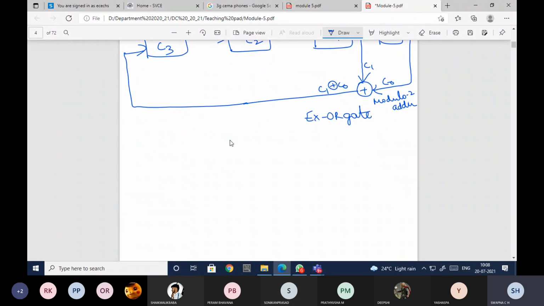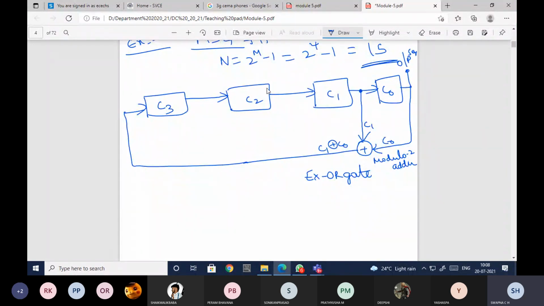Now let me assume that initially I have to set all the flip-flops to either 0, 0, 0 or 0, 0, 1 like that. Let me consider I am initializing the outputs of the flip-flops. If you recall your digital circuits, you'll have 2 pins. If PR is equal to 1, then you'll be able to make the output equal to 1. If CLR, clear, is equal to 1, then you'll be able to make Q equal to 0. So by properly giving PR and CLR values, you'll make the initial outputs of the flip-flops 1000.